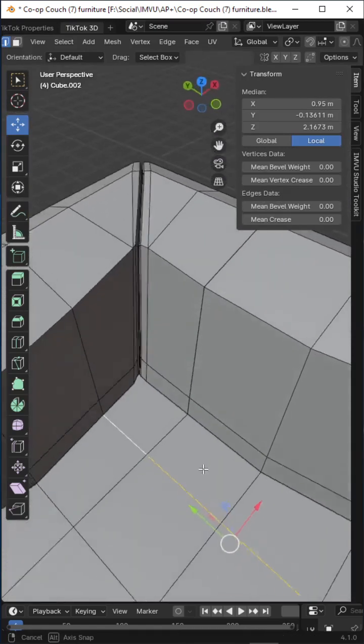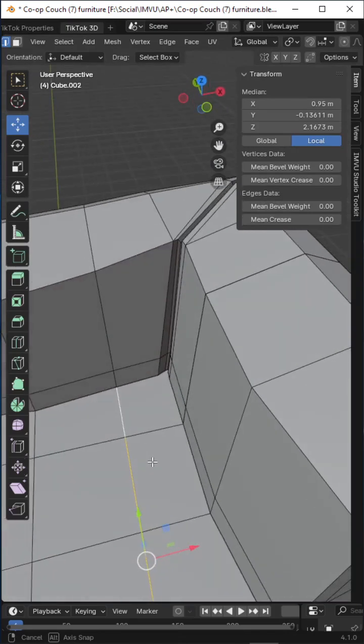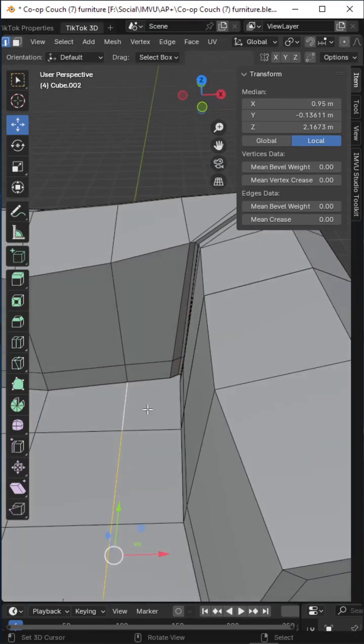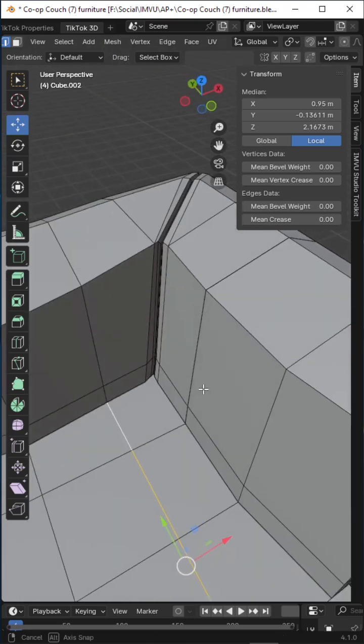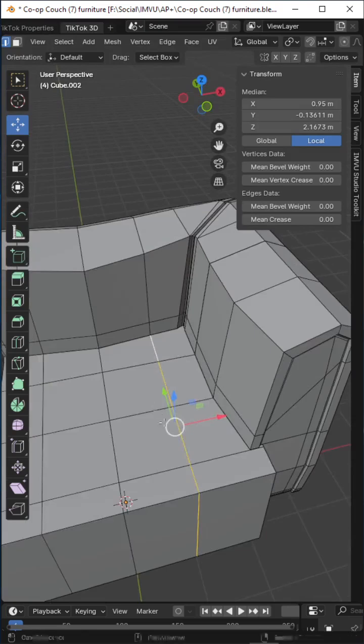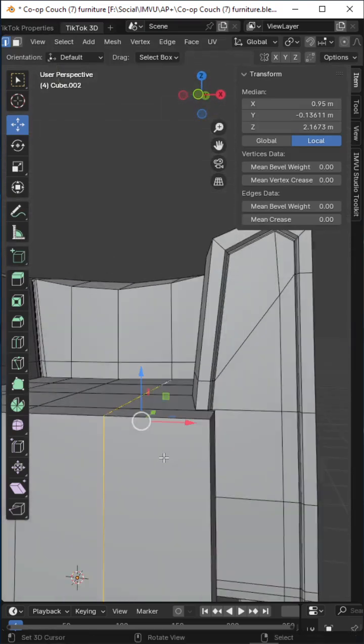And we might need to add a loop for this. Well, we might not need to do that actually, but we might need to add a loop to accommodate this corner, these edge loops, and the flow of those, because if we add